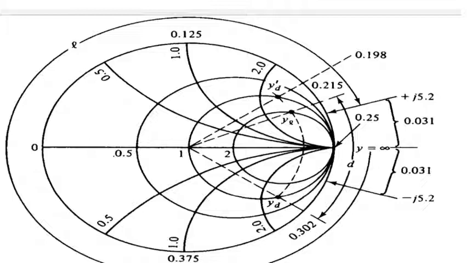And this 0.219 lambda, since it is less than 0.25 lambda, I will be adding 0.25 to it, and my L1 will become 0.469 lambda. Similarly, they found out for the other one. So YS1 dash became minus j 5.4. Over here they have plotted minus j 5.2. In terms of lambda, that value will be greater than 0.25, so you just subtract it, and the final answer you will get is 0.031 lambda. This is how you are going to solve this problem, and finally you will put it in the circuit diagram which I have shown in the first slide.